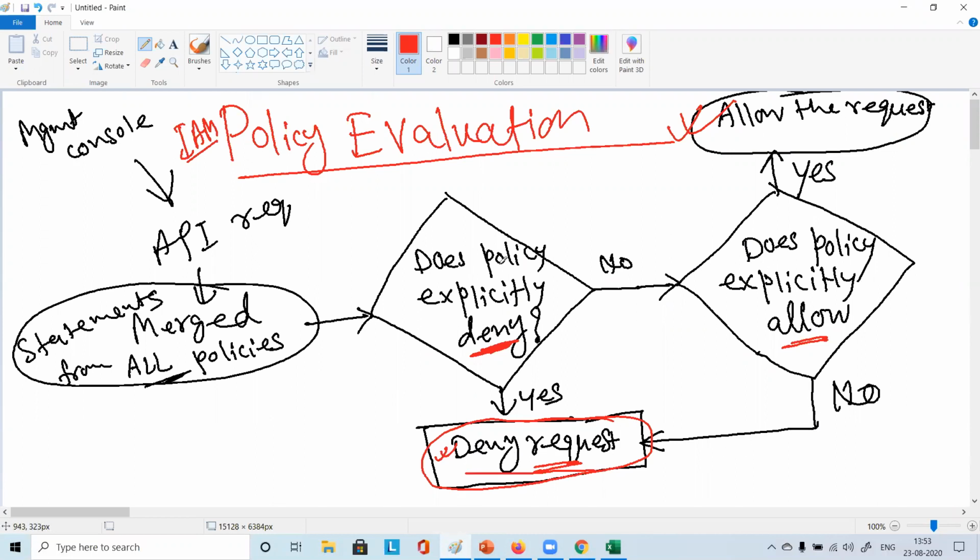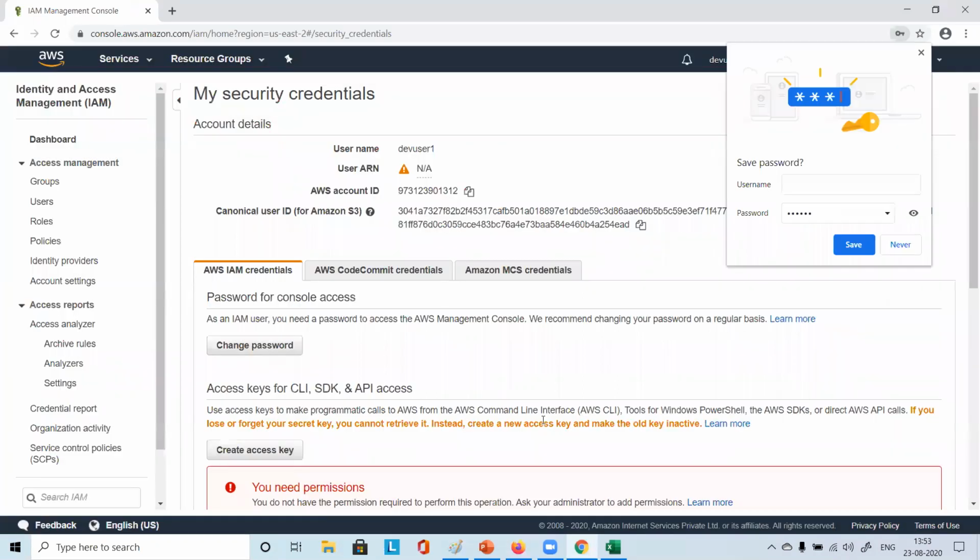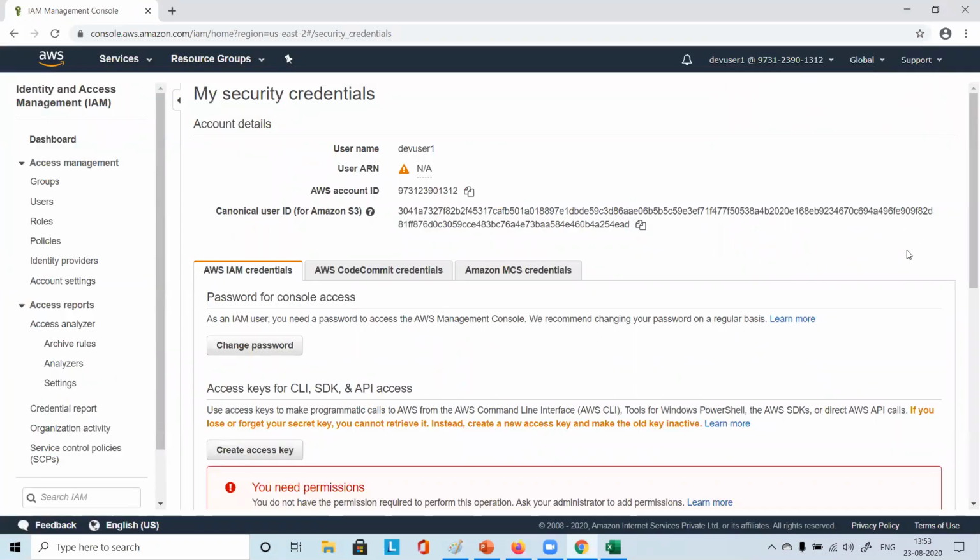So explicitly it's not denied that this user will not have IAM access, but explicitly it is not even allowed either. So this user cannot do, cannot check, cannot change, cannot see, cannot do anything with IAM because nothing is granted with respect to IAM. That is what is happening with this user. So now you need to grant that permission, then only this user can do something. Clear?